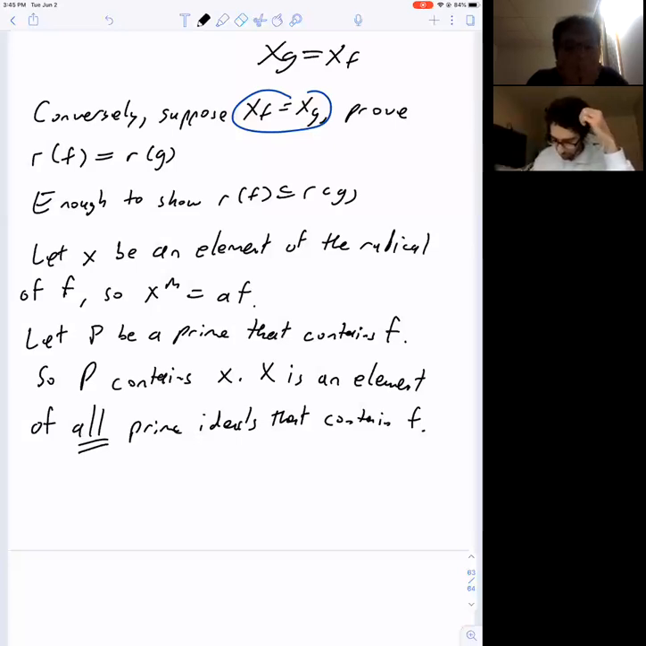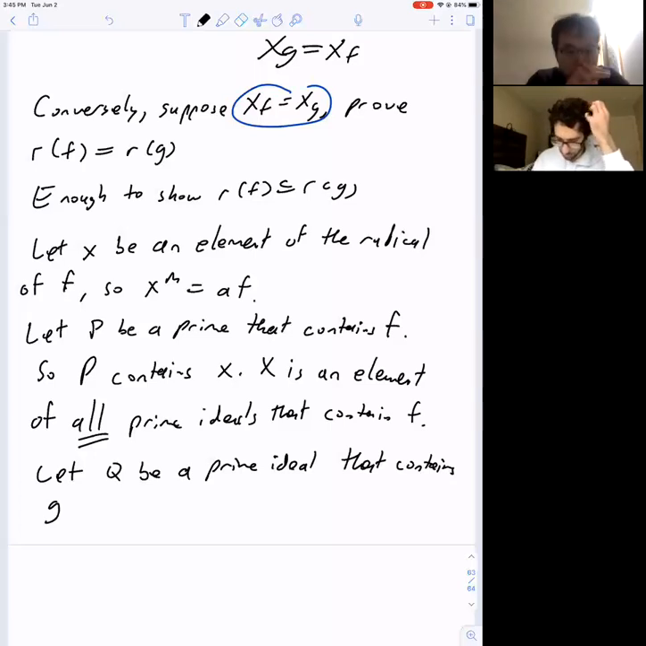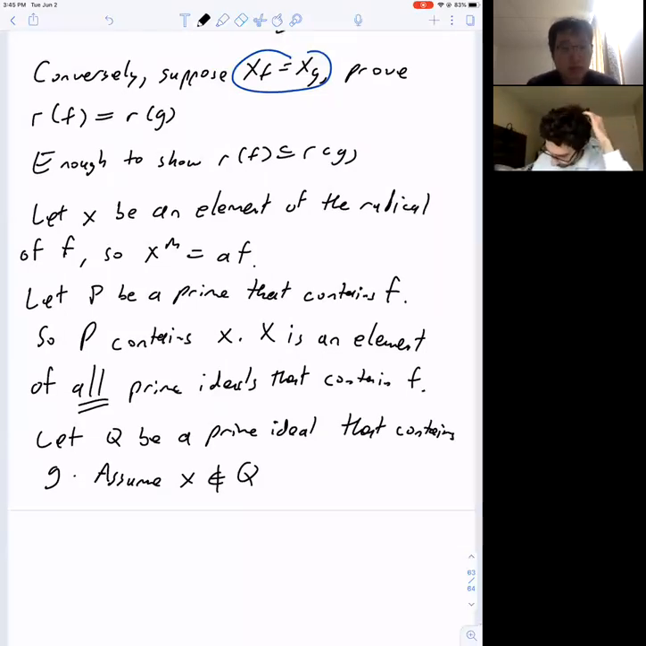So actually, x is an element of all prime ideals that contain f. Let Q be a prime ideal that contains g. If we prove that x is in Q, then we are done. So assume x is not in Q. And so therefore, I think that means that,